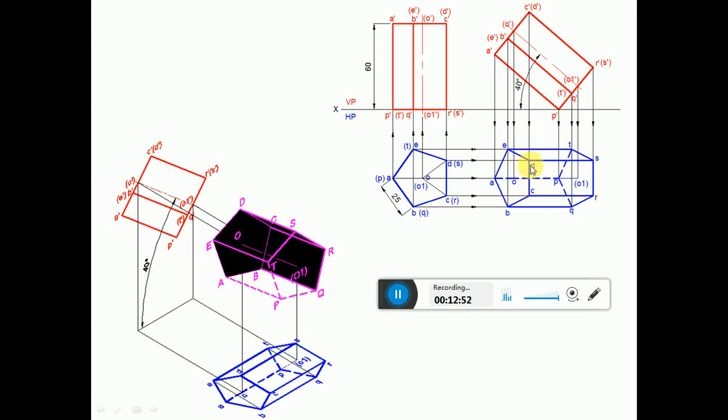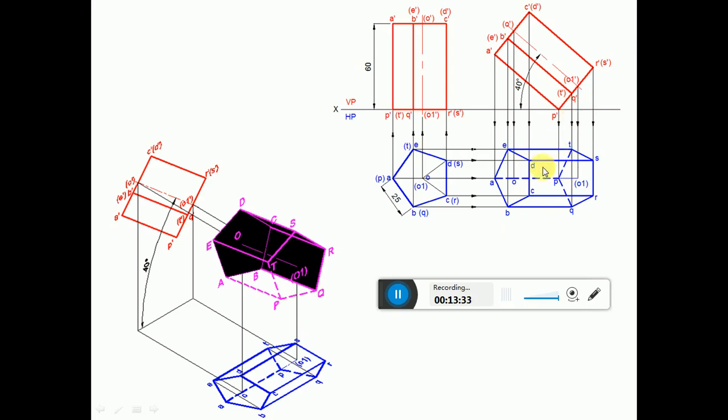So once you get this, since CDRS is a rectangular surface which is perpendicular to VP and inclined to HP, you're going to get a rectangular surface. That surface is near to the observer, so it becomes visible. So make it dark between CR and DS. You can see very clearly in the three-dimensional sketch here, when the axis is inclined at 40 degrees, that CDSR is a rectangular surface. When you look from the top, it is near to the observer, so it becomes visible. So this portion has become visible, which means you are creating an opaque surface here. So naturally whatever you have beneath that will not be visible.